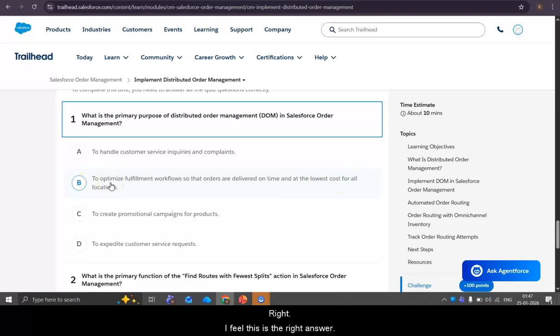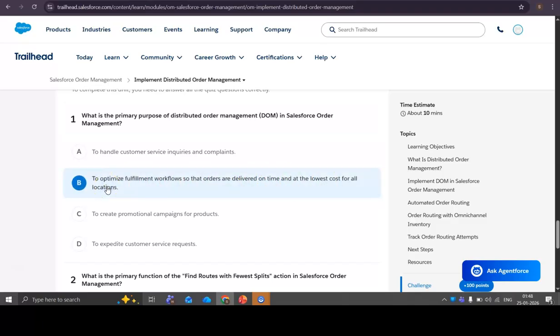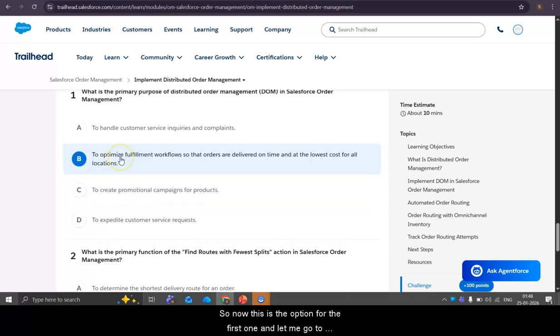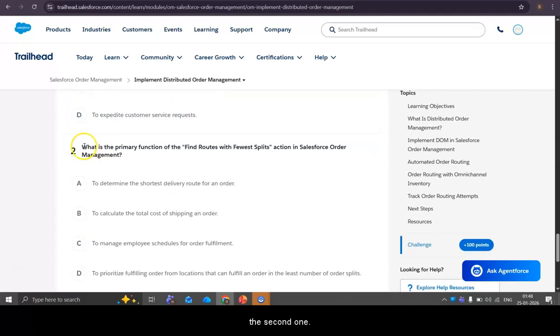I feel this is the right answer because the main purpose of distributed order management is to optimize the fulfillment workflow and deliver the product on time with the lowest cost. I'll select this, but we will also see the other two options. To create the promotional campaign for the products, no. And to expedite the customer service request, no. So this is the answer for the first one, and let me go to the second one.